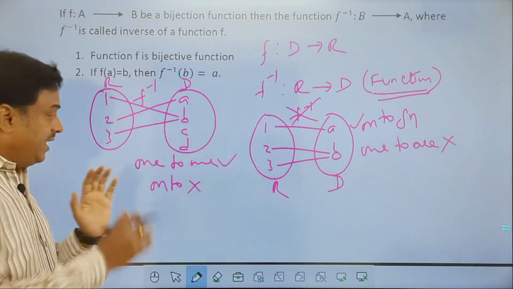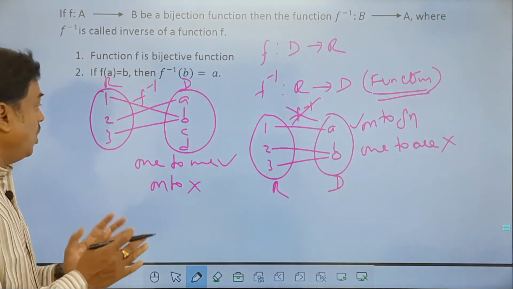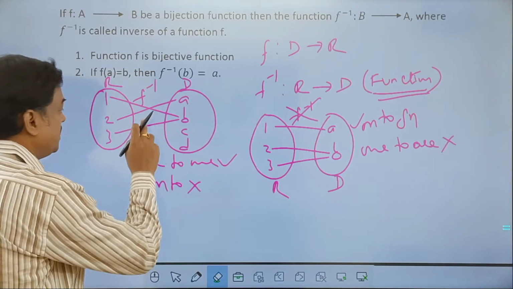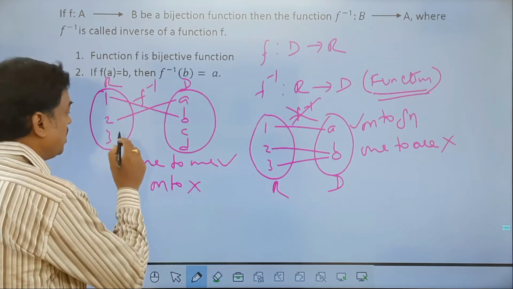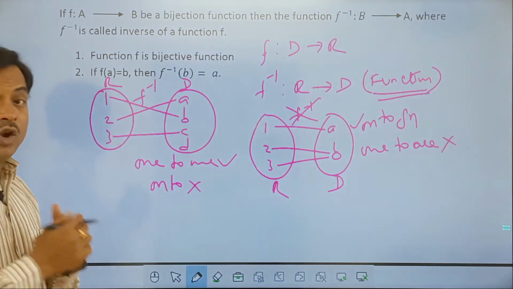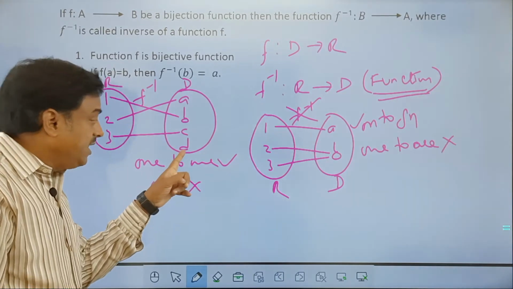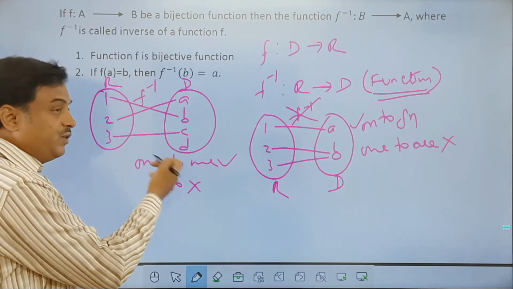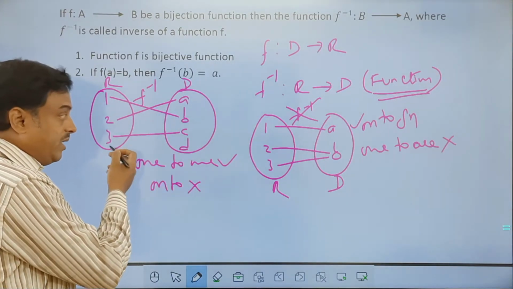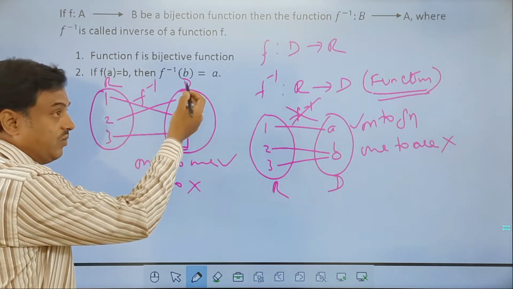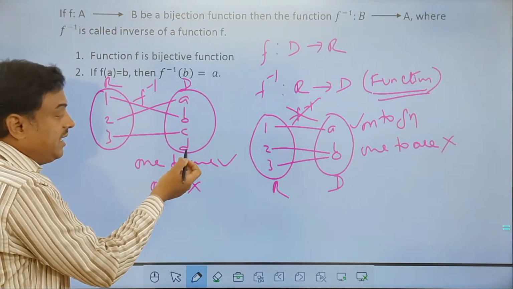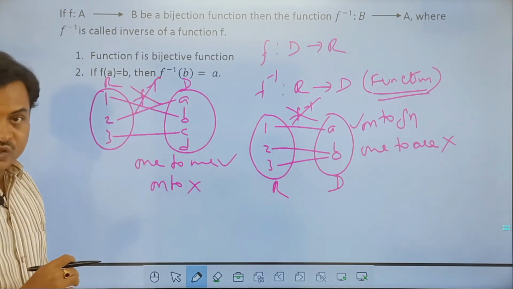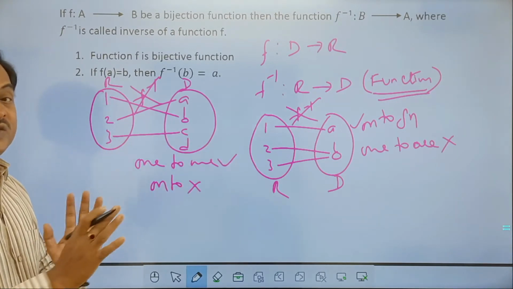This is a function, it is 1 to 1 but not onto. I'm sorry, this is not 1 to 1. I just try to make a correction over here, a small change. This I can call 1 to 1, but not onto. Why not onto? Because D has no pre-image, so it is not an onto function. It is definitely a function. But here if you see, D, since it has no pre-image, once it becomes a domain set for the inverse function, D doesn't have an image. In that case, this will not have an inverse function. Both are functions, but inverse function is not possible.